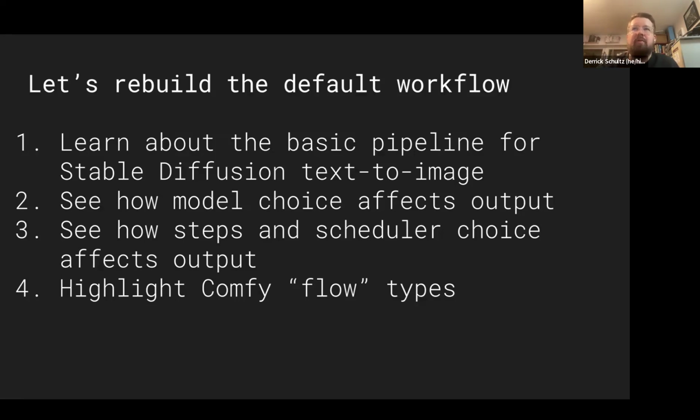I think it's helpful to understand a little bit about how all these tools work, because under the hood, it's all code, right? Each one of these nodes is essentially a function with inputs and outputs. Understanding why certain things need to connect in a certain way, or why you would start with a default size of 512 by 512, is helpful. So we'll go through that.